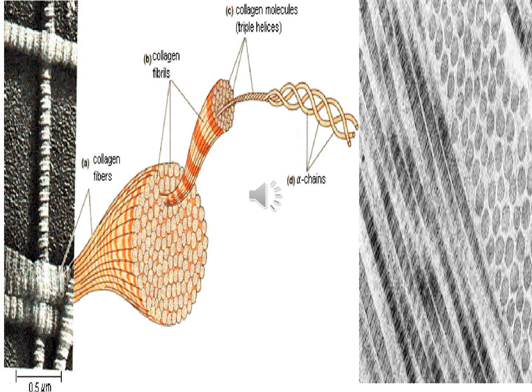In this electron microscopic picture, you can see alternating dark and light bands, which display the structure of the fibrils. And then you have the alpha chains. Three alpha chains intertwine and form the triple helix structure, which forms collagen fibrils. The collagen fibrils are then organized into collagen fibers.